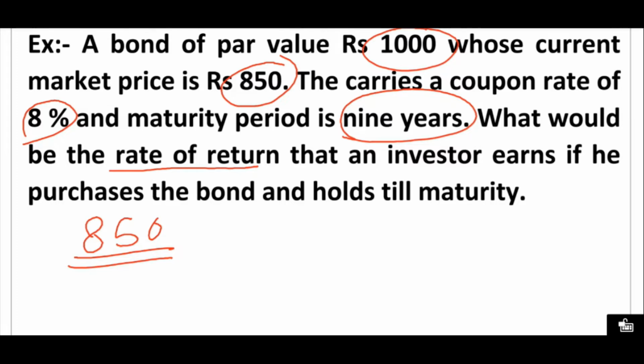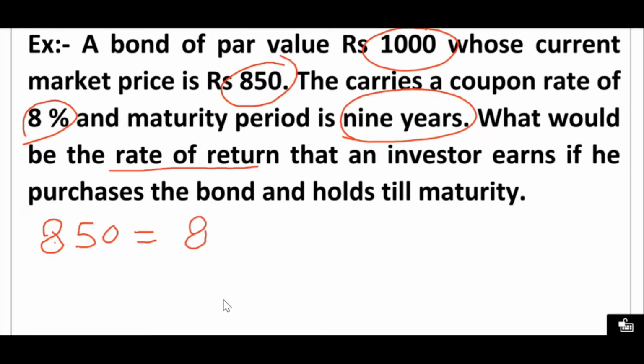Okay. So as per your book, I will tell you the formula. What is the formula they have taken here? I write here the formula: present value, whatever present value there is, you must write here 850, because every year we are getting 80 rupees. So 80 rupees, and we must multiply with this factor, PVIFA.